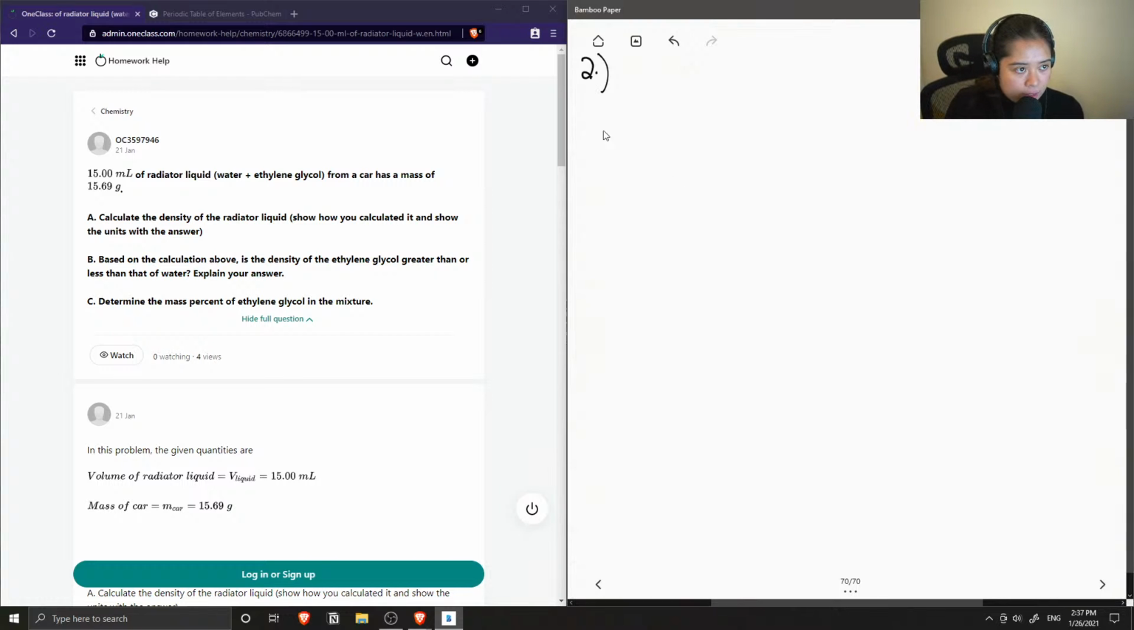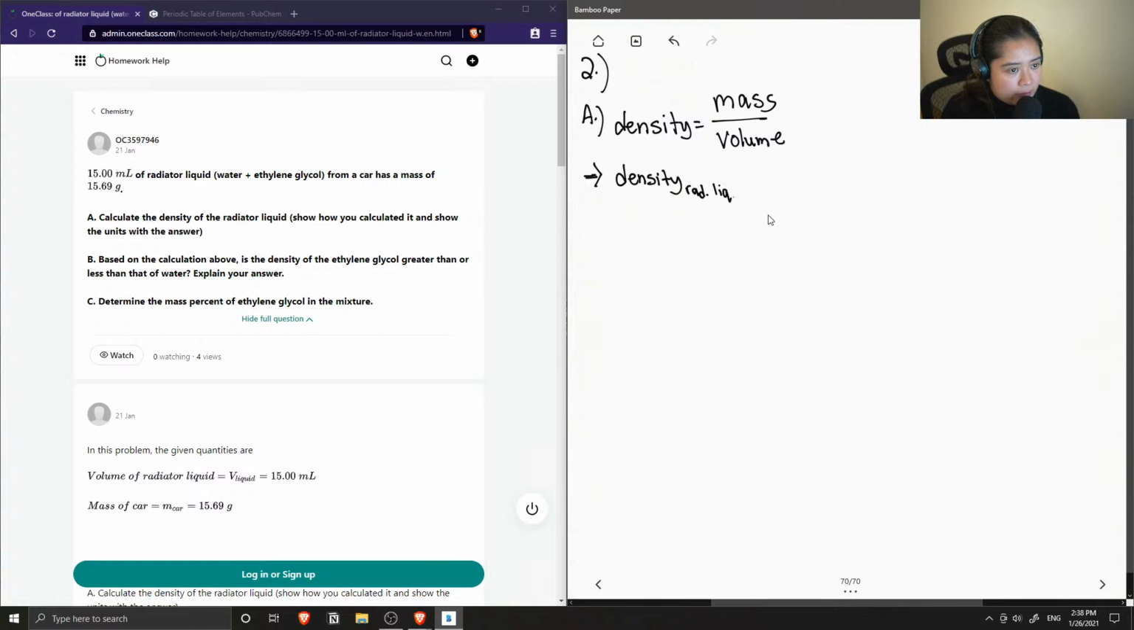So let's first do part A. So let's recall the equation to find density. Density is equal to mass over volume. And in this question, it looks like we are given both. So then we can find the density of our radiator liquid. So I'll just denote it as rad liq